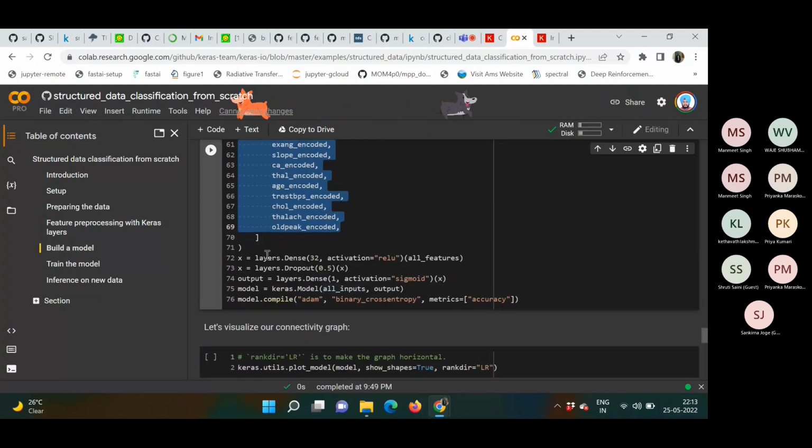Yeah, and then we will create a neural network from here. So you can see layers.Dense. The first layer will consist of 32 nodes, and it will take in as input this all features. This will perform linear combination and a nonlinear activation with the activation function as ReLU. And then we have a dropout layer with 50% dropout rate, and then we have the output. So output equal to layers.Dense 1 comma activation sigmoid, and this will take in as input this x,